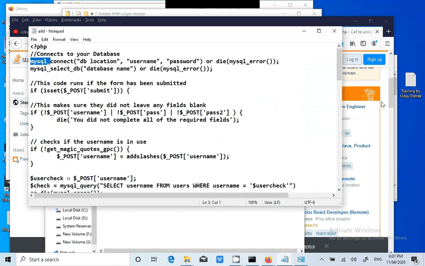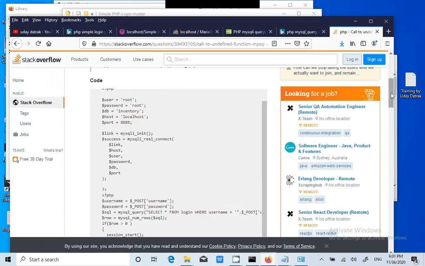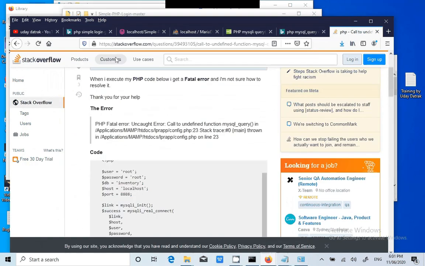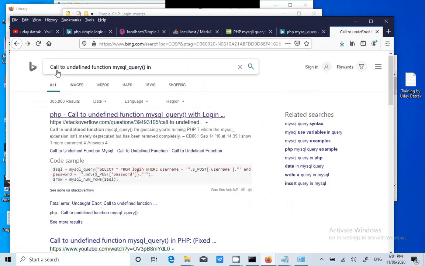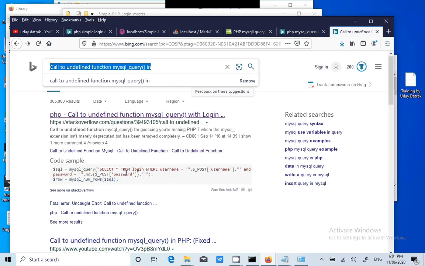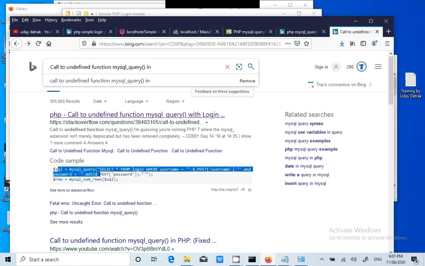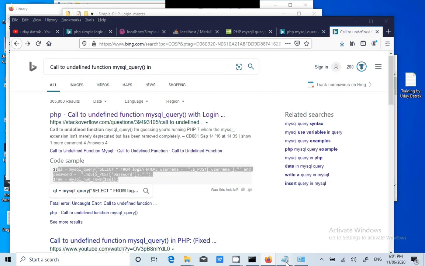And as per this example code, when I searched in Google for this one, the same error which I got, I pasted in Google, and then they suggested I use this particular piece of code. It was very clear to me.